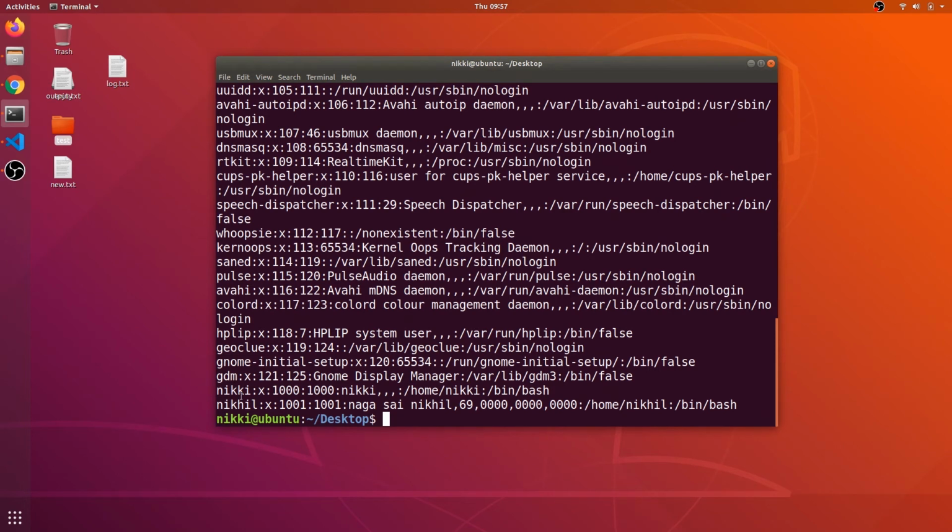And for the Nikki user also, I will get the bash prompt. So whenever there is a question like what is a particular user's shell, you need to locate the /etc/passwd file and view the contents, and in the line of that username you need to specify the last field. The last field specifies the user's shell. So that's all you need to know about this /etc/passwd file.